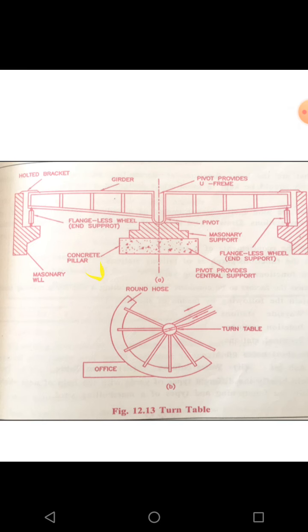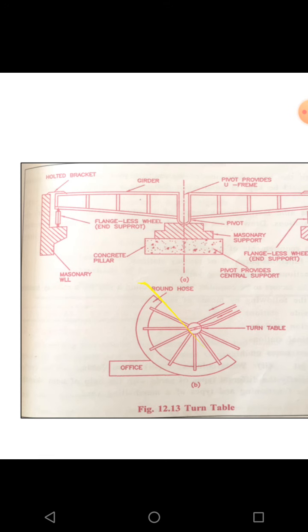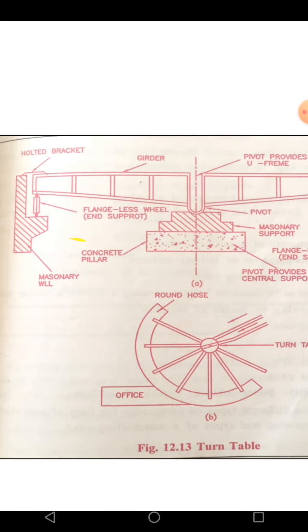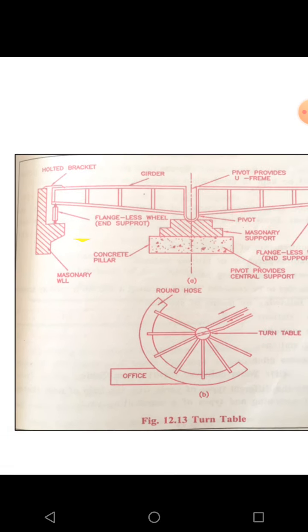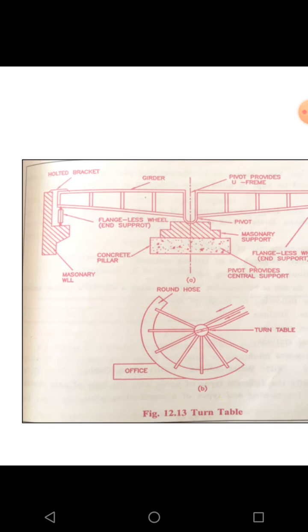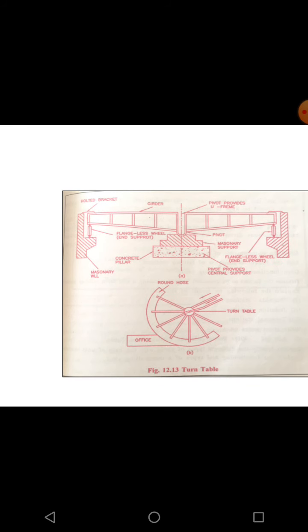And see the arrangement where this is the girder, and girders are moved using the wheels. So using wheels, the whole pivoted circular platform is rotated, and you can bring the position you require for your locomotive. Clear? So it is used for changing the direction of the engine. A train comes from one direction, it is placed on the turntable. The turntable will rotate in whichever direction you want, and then the engine will move in that direction. Clear? Thank you.